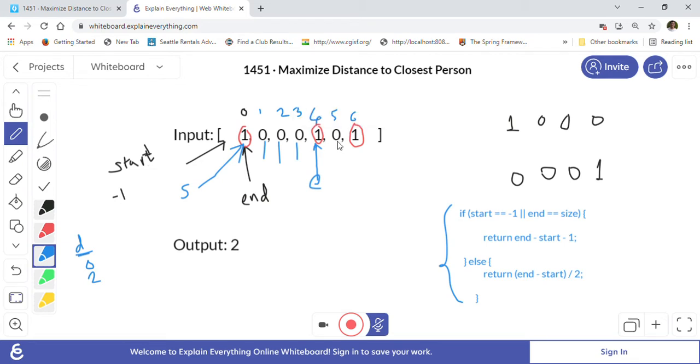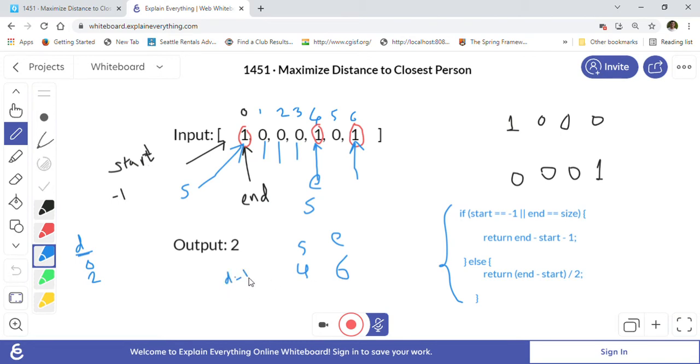So whenever start is now at the end position, start becomes 4 now. So let me just write here start and end. So now start becomes 4, and our end we will now keep looking forward, right? 0, we will go forward. Now again we hit 1, so 1 means this is another end position we are finding. So end becomes 6 here now. So now again we will use 6 minus 4 divided by 2, right? End minus start divided by 2, which is 2 divided by 2, which is equal to 1, right? So distance is equal to 1 in this case.